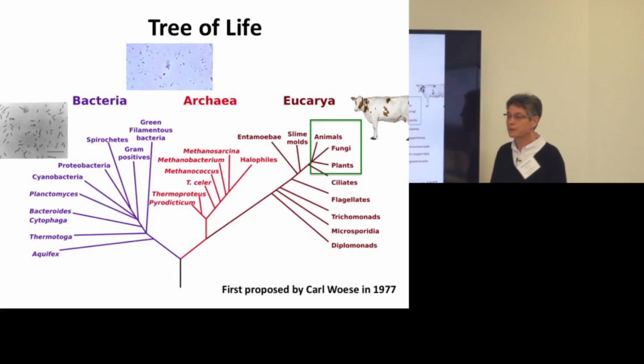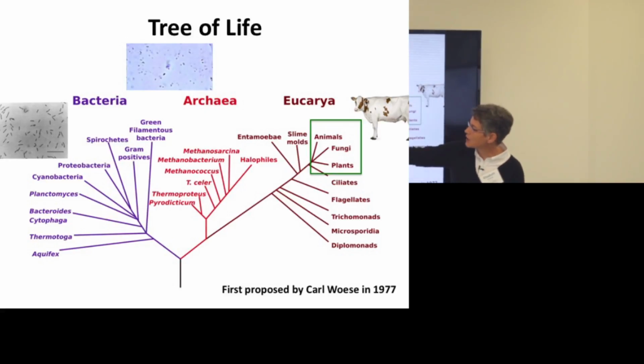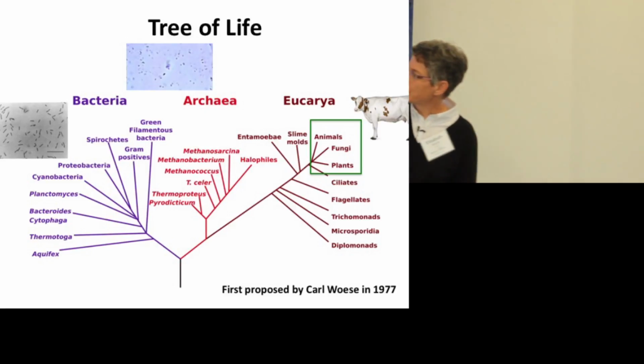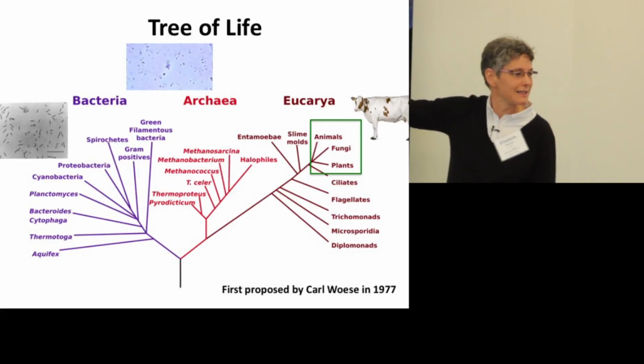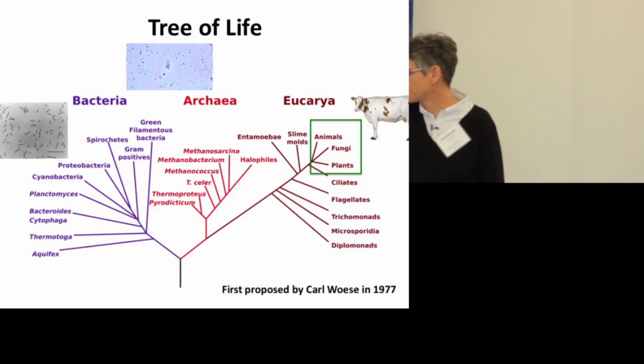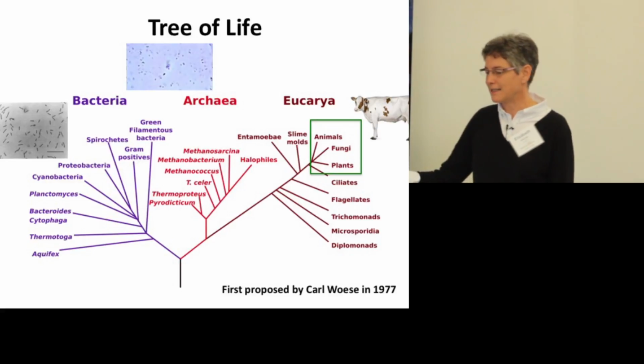But what Carl Woese proposed back in 1977, and when he proposed it, it was a heretic concept, was that the way the tree should be divided is into these three kingdoms. And there's actually a huge other kingdom that we had never considered before that he called the archaea, because the organisms within it are salt-loving or thermophilic or produce methane, and they harkened back to an ancient planet, and so he called them that. And so those organisms that were in this group here were as different from the typical bacteria that we think of, like E. coli, than they were from animals and plants and things like that. And so it deserved to have its own kingdom.